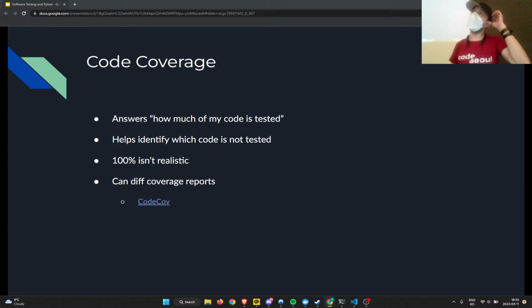Lines is usually, most of the time when I see people writing tests, they'll often skip testing edge cases, so testing bad inputs, all these kinds of things. And that's usually when you'll see the number of functions very high, but the number of lines very low, because they just skip testing all the error handling. So that's one thing to look out for. But this gives you an idea of how much of your code is tested.